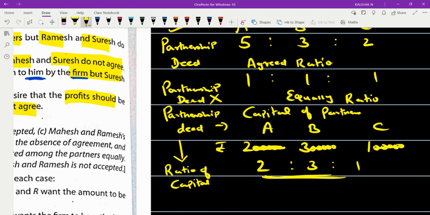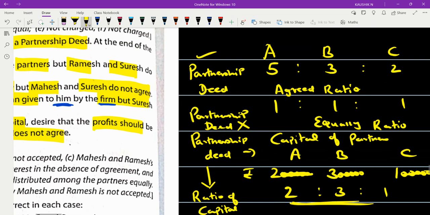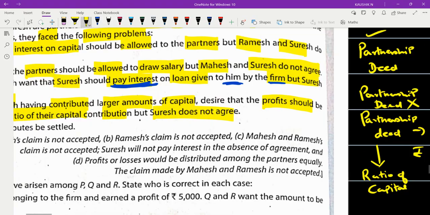ஆனால் குடுத்திருக்கிற இன்ஃபர்மேஷன்ல ஒரு பார்ட்னர் கேப்பிட்டலே கான்ட்ரிபியூட் பண்ணலன்னா, அதுல கேப்பிட்டல் ரேஷியோ சொல்லியிருக்கான்னா, அப்போ அது வந்து ஹைலி இம்பாசிபிள். அப்ப அங்க ஏதோ கொஸ்டின்ல தப்பு இருக்கு. தென் இட் ஷுட் பி கரெக்டட். கிளியர்? இஸ் இட் கிளியர் டு யூ? கேப்பிட்டல் ரேஷியோ என்னன்னு கான்செப்ட் புரியுதா? ஸோ அக்ரீட் ரேஷியோனா என்ன? ஈக்குவல் ரேஷியோனா என்ன? அண்ட் கேப்பிட்டல் ரேஷியோனா என்னங்கிற கான்செப்ட் புரிஞ்சுதா?